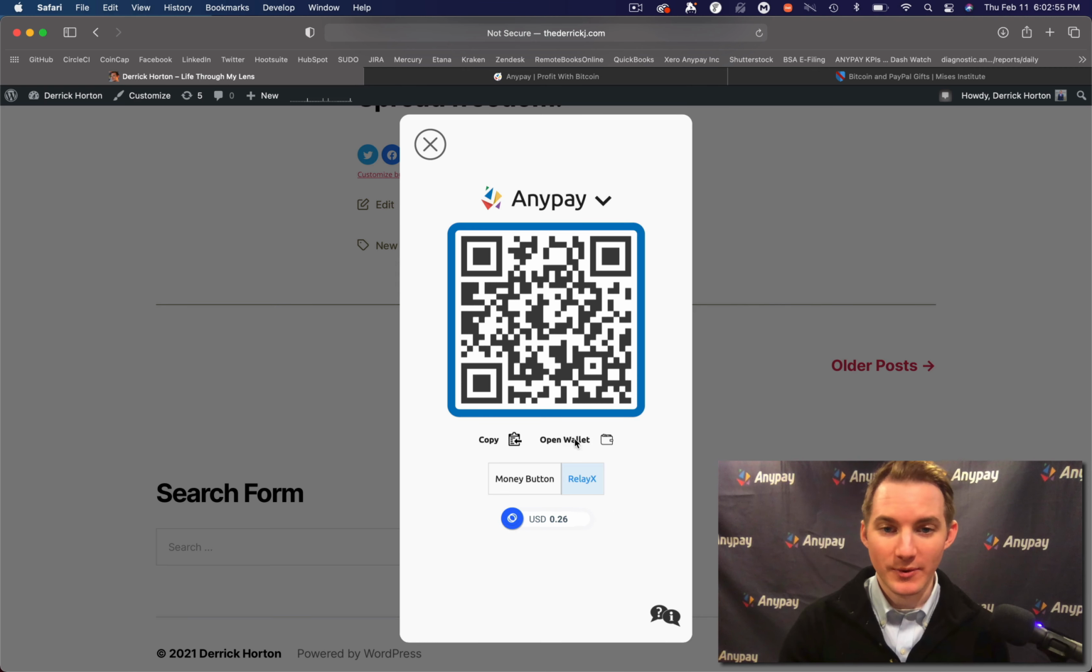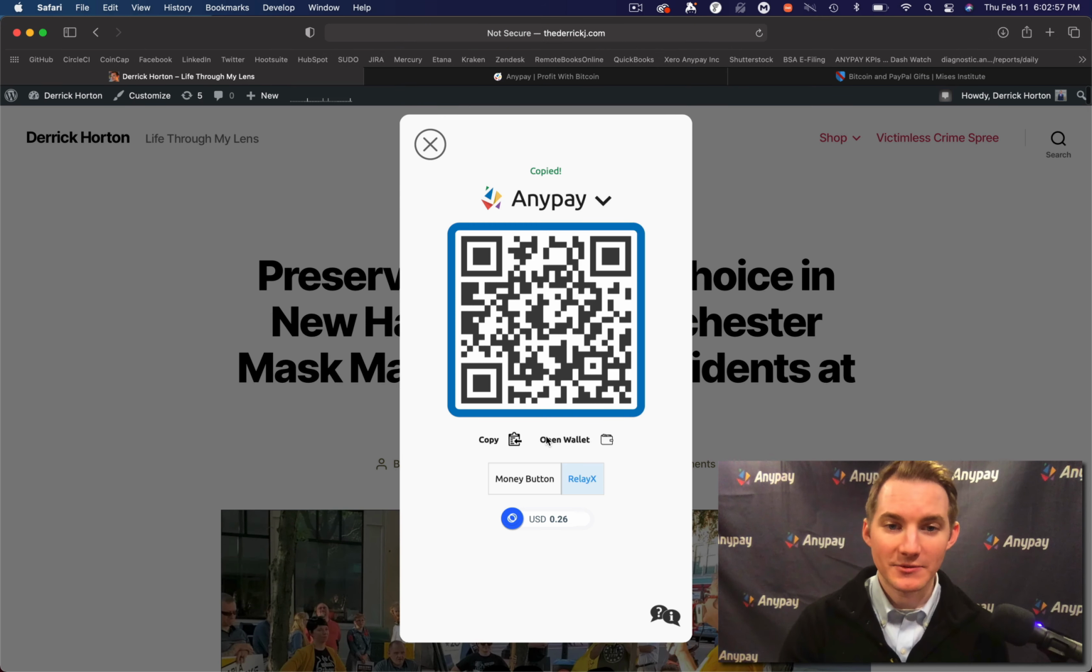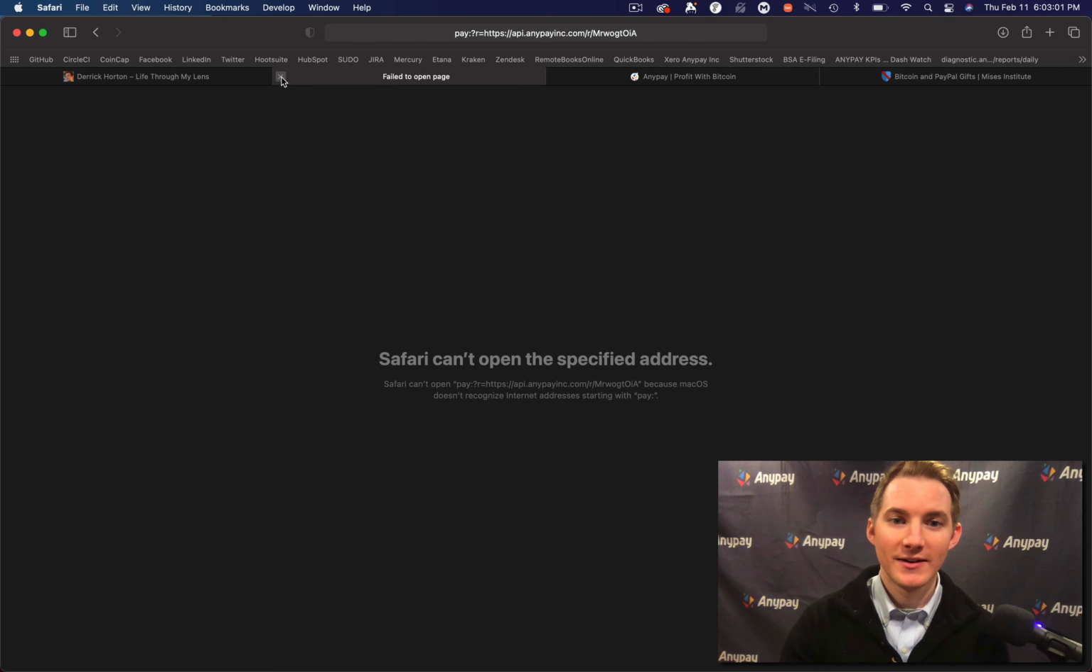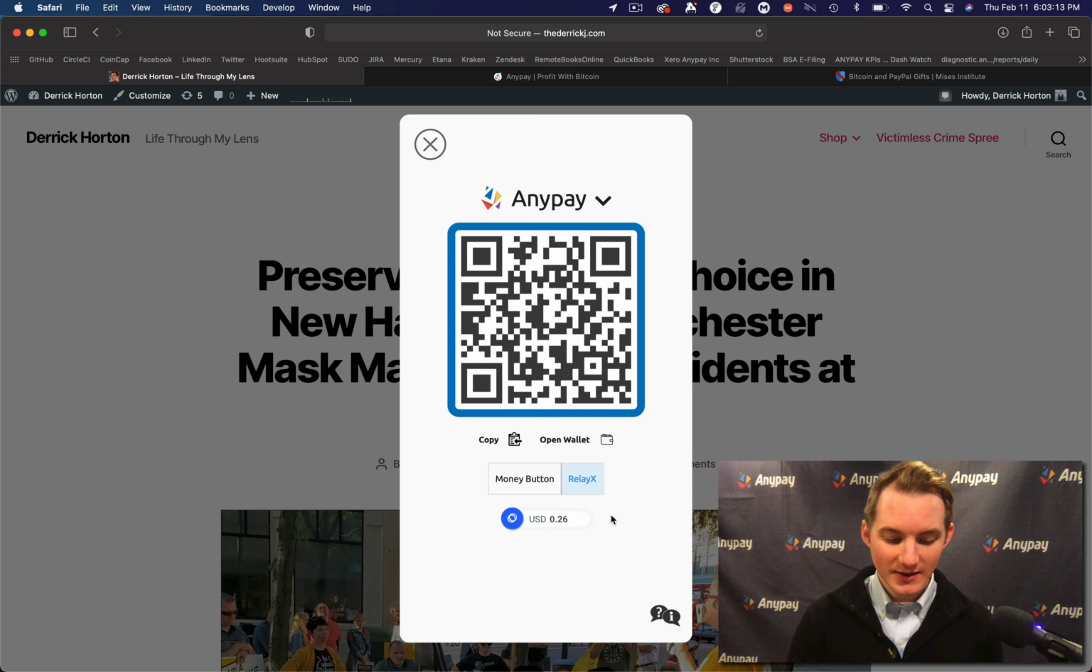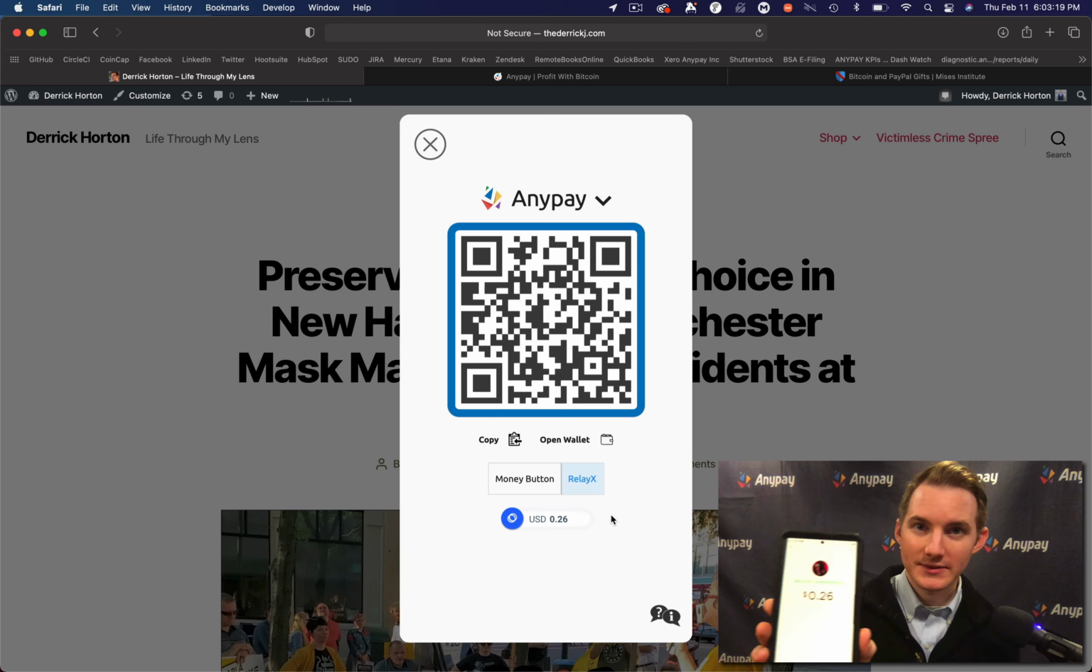Now we have a few different ways we can do this. We can copy this payment request to our clipboard. We can open wallet here, which Safari doesn't know how to do, but Chrome would probably be fine. You can pay with your Money Button or with Relay X. You just swipe there. But in this case, I am going to scan it with my Bitcoin wallet here,